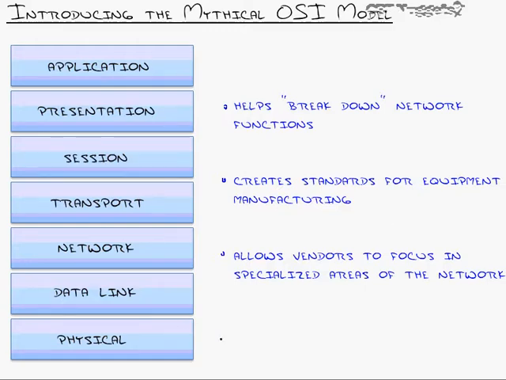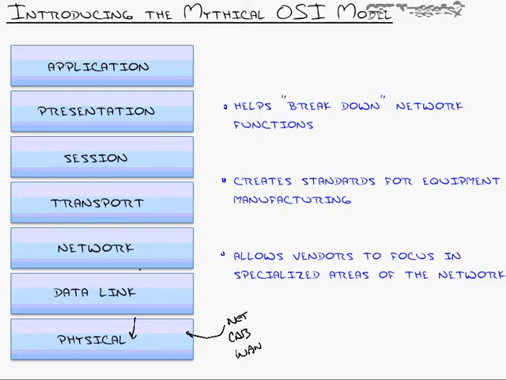Down here, we've got the physical layer. The physical layer describes physical connectivity, things that cable, things that plug in. When you think of physical layers, literally think of physical things that you can hold in your hands, like network cards, like cable, like WAN connection interfaces, wide area network interfaces that let you connect across the world. All of these have different physical standards, and you might have a manufacturer that focuses on nothing but this layer. Just like for the house, you might have nothing but a concrete layer,